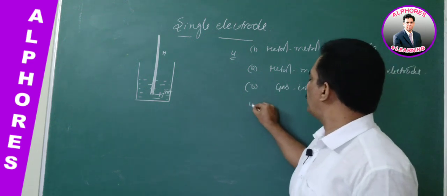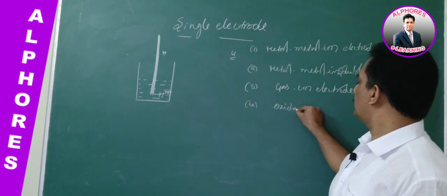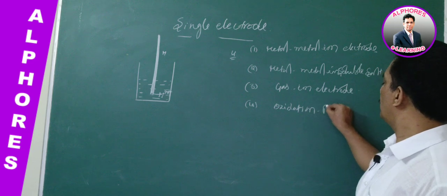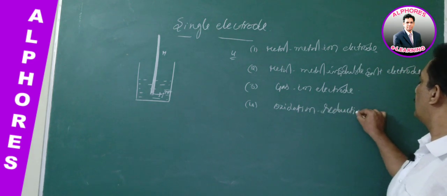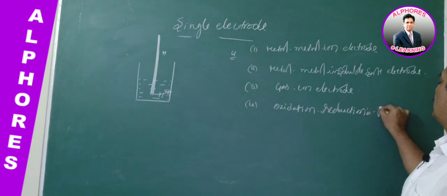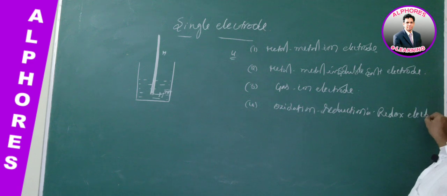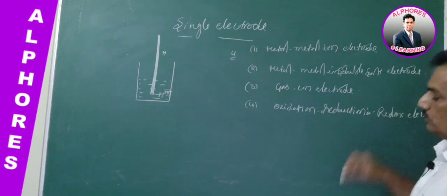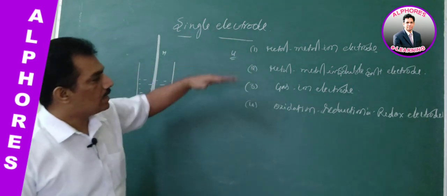And next, fourth one, it is oxidation reduction, or simply redox electrode. These are the four important single electrodes, and these can be used